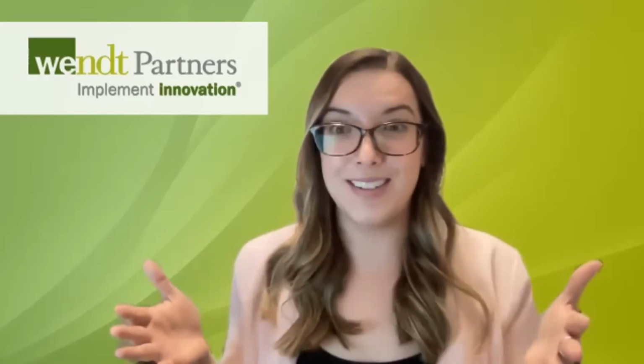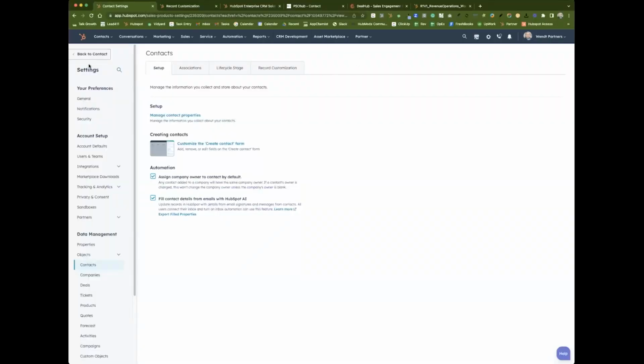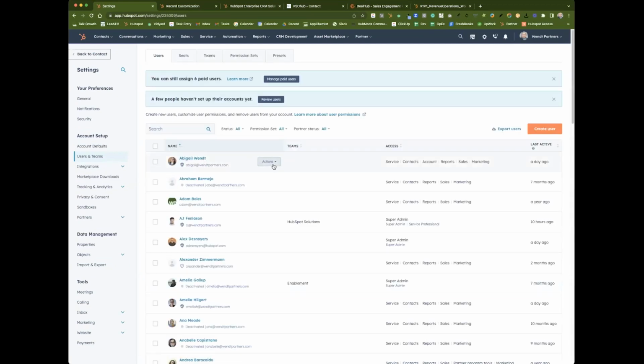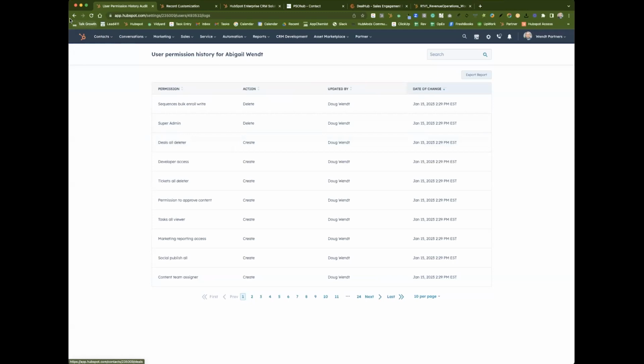Yeah, you can definitely customize permissions based on your teams. You can take things away, you can add things, you can give them all the keys to the castle, or maybe you just want them to be able to go in and view contacts that they own only. There really is such a large variety of permission setting there. And I think that also goes into, if you have the keys to the castle, you can also control presets and what your team can see, which is huge. Because you're giving everybody a consistent experience across the board.